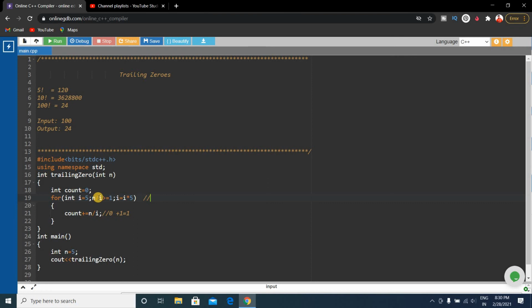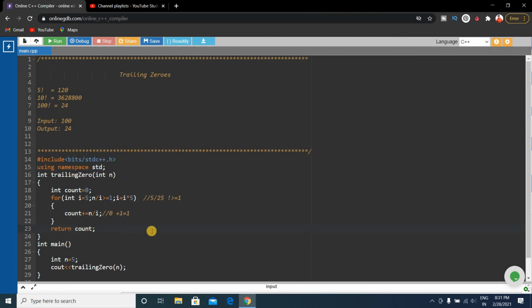So we'll check the condition: if n / i is greater than or equal to 1, then we'll enter the loop. Our n value was 5 and the i value is now 25, so n / i is not greater than or equal to 1. So we'll terminate the for loop and return the count value.